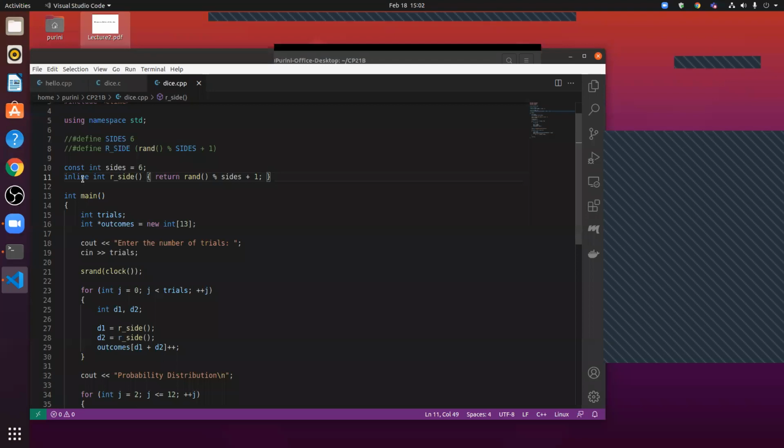Similarly, on line 11, we are telling that r underscore side, this is the body of the function and it returns an integer, and please inline it. So this is a much cleaner way of writing code than using macros as we do in C. Are you all right with this one? These are the two important observations from this code.